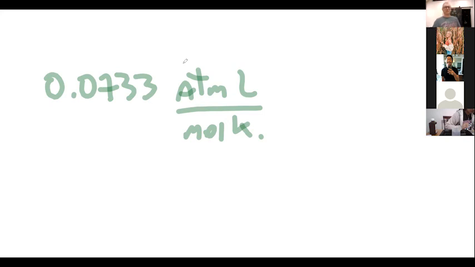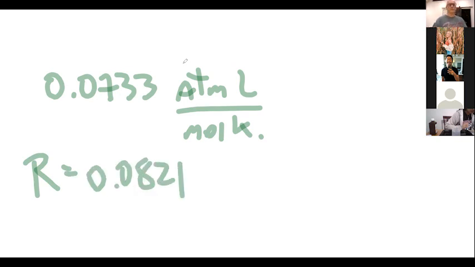What's the actual value for R? Do you remember? The actual value of R is 0.0821. And so that is not terrible. I calculated a difference of 10.7% error,